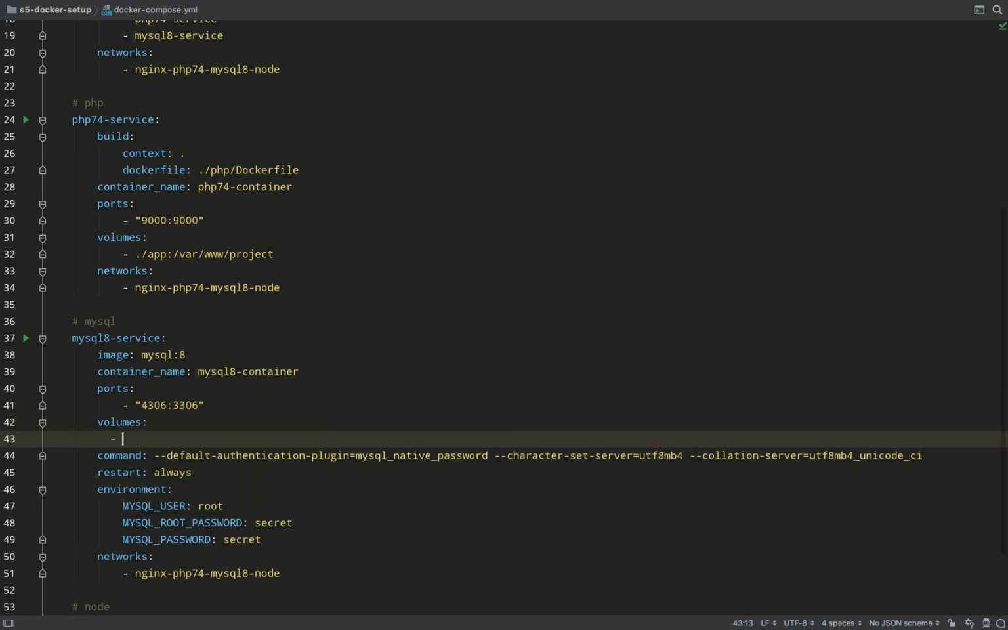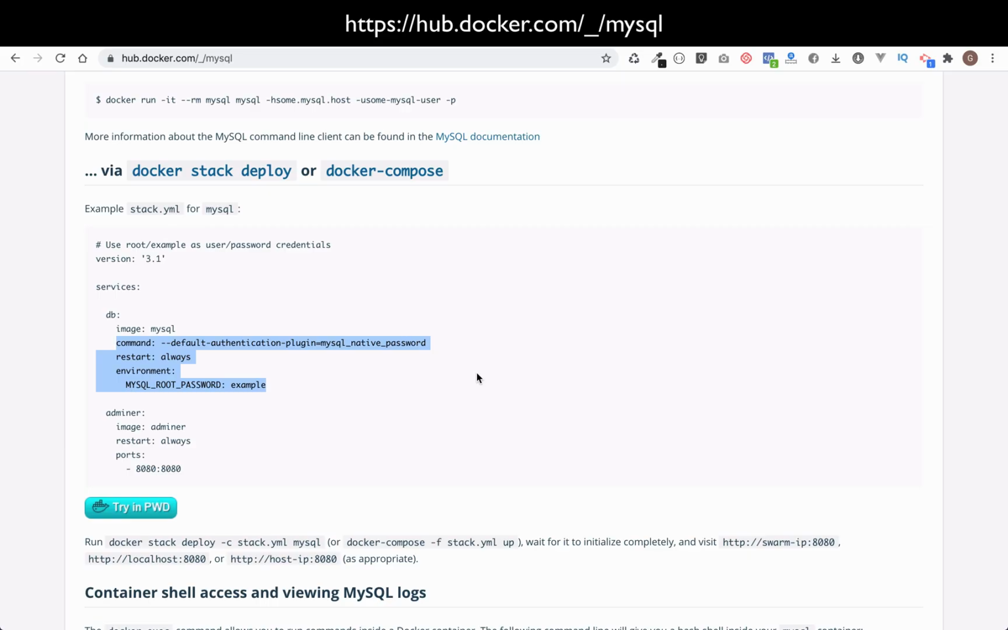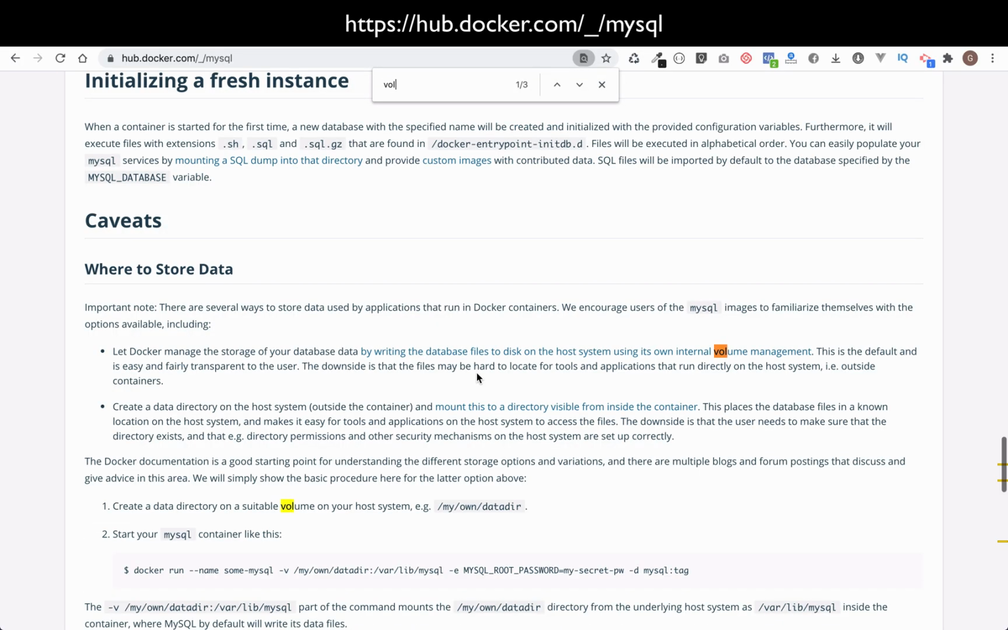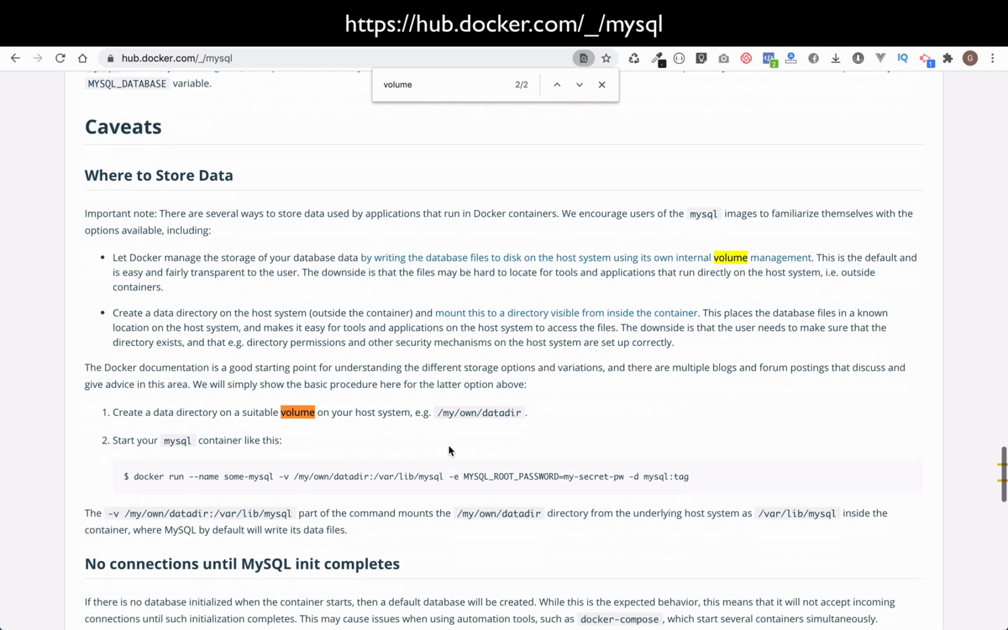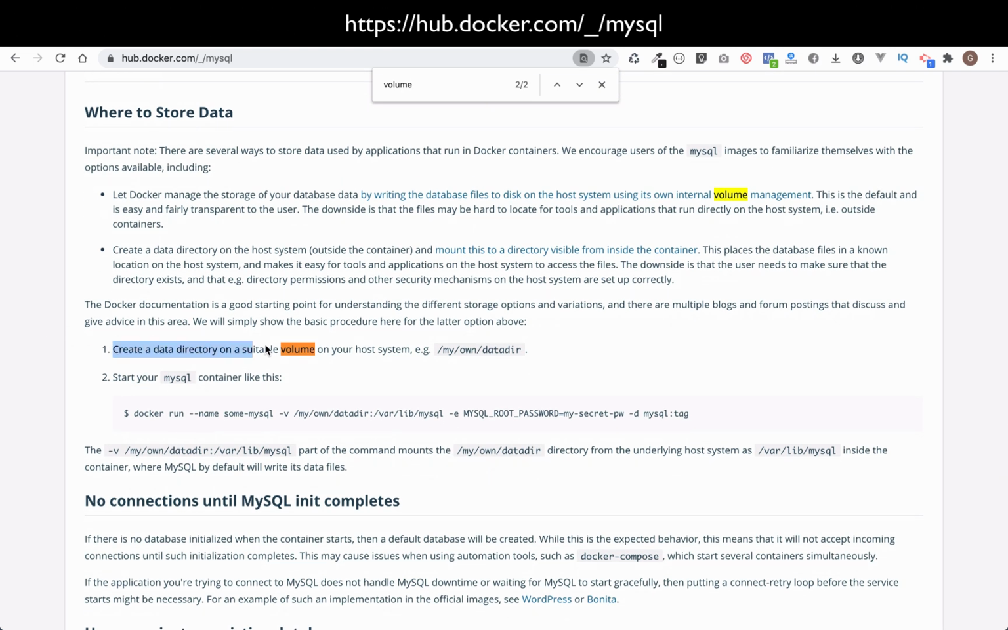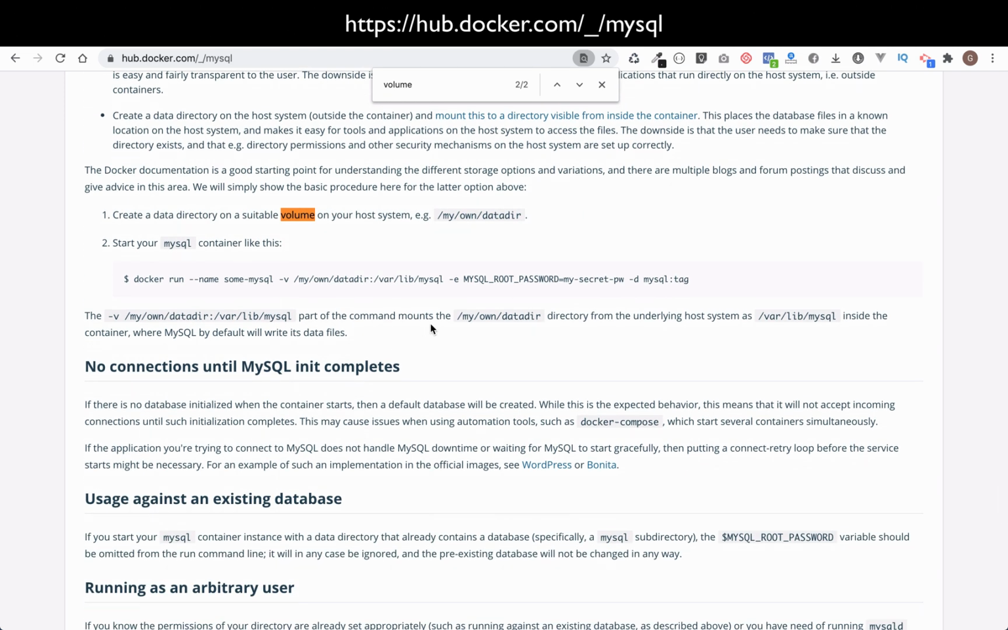And then volumes, we're going to need to go back to the MySQL documentation on Docker Hub, because there is a particularity with this. So if we look here, it's saying create a data directory on a suitable volume on your host system, and it gives you a suggested name, and then it gives you a directory on the host system where that will be mounted to. So we're going to copy that part,